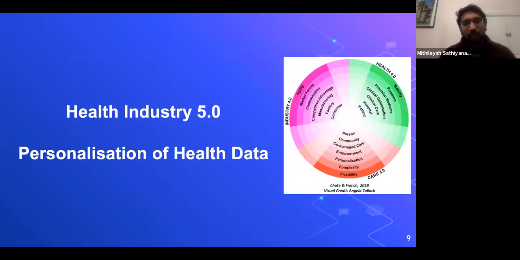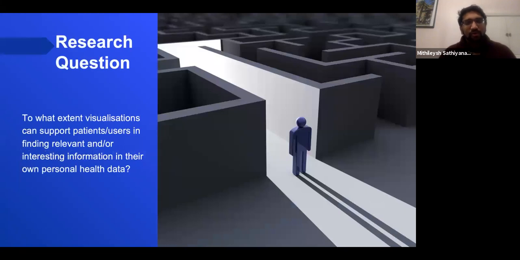So let's see, I'm picking up one of the examples that we are trying to work on. It's completely on healthcare analytics, which is going to be completely personalized for a particular individual. It could be a healthcare professional or it could be a user. Though we are in the industry, we always start something with the research question. Since my PhD, I always believe in starting something with a hypothesis, a research question, followed by aims and objectives. So I generally follow this model even in the industry.